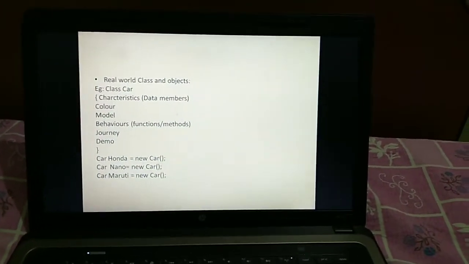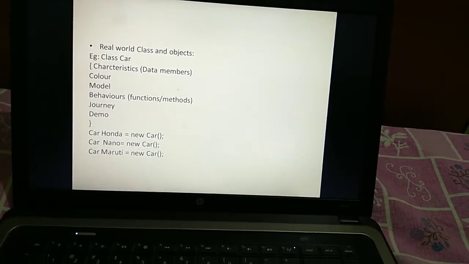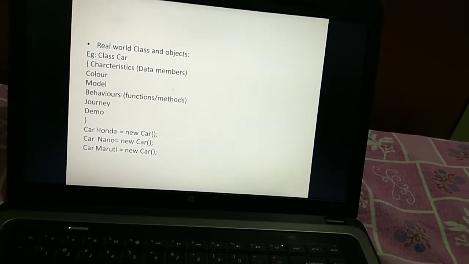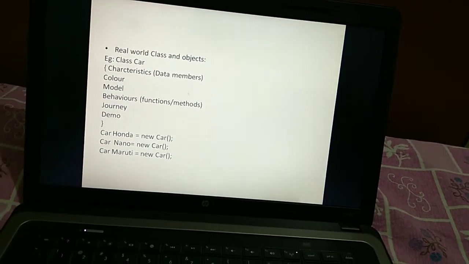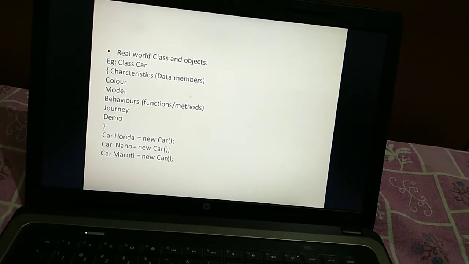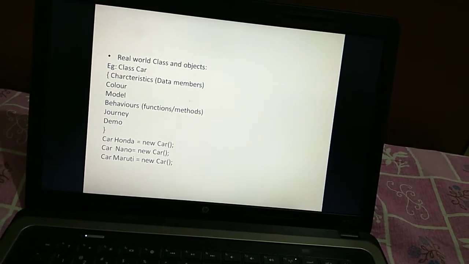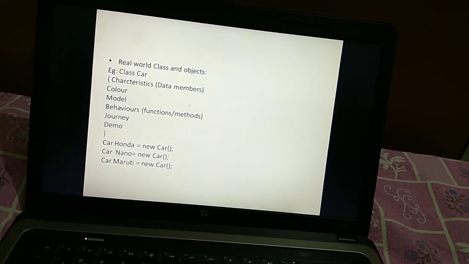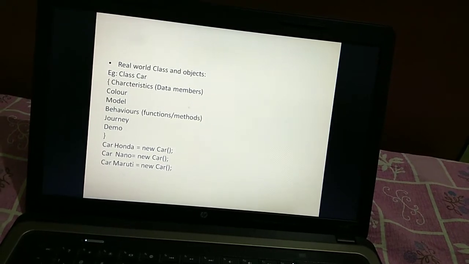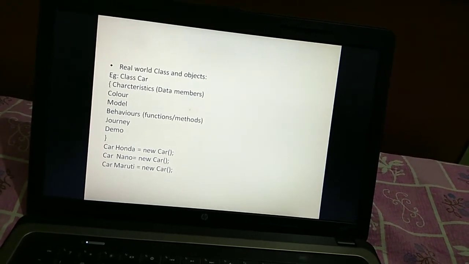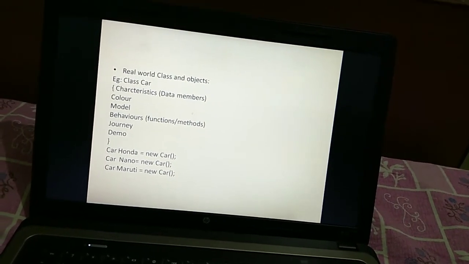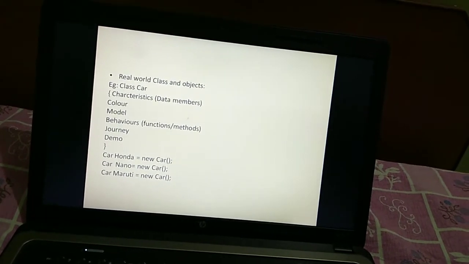This is an example of a real world class and object. Just look into the real world class and object, where I have taken an example of a class called car. I have told you in the real world it contains characteristics and behavior.